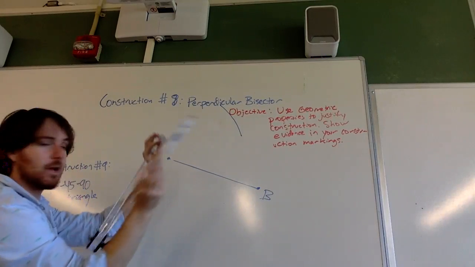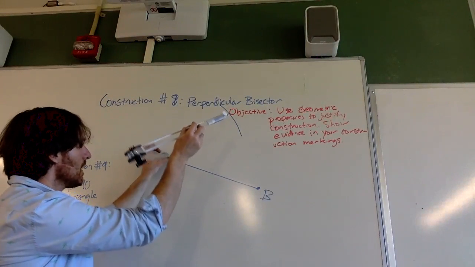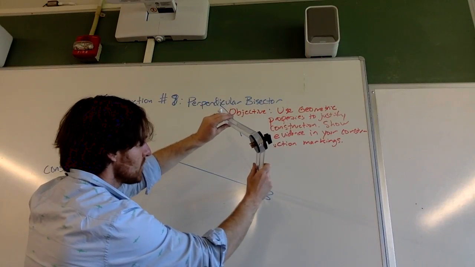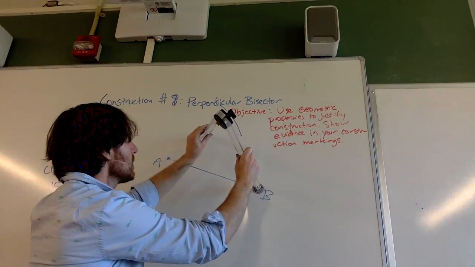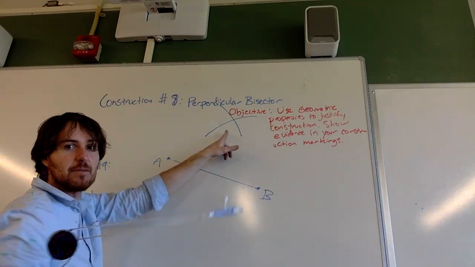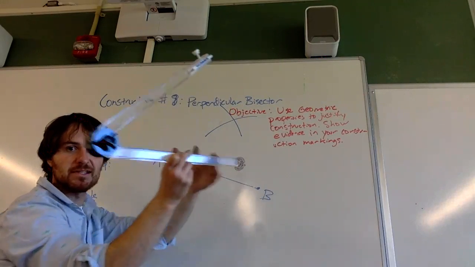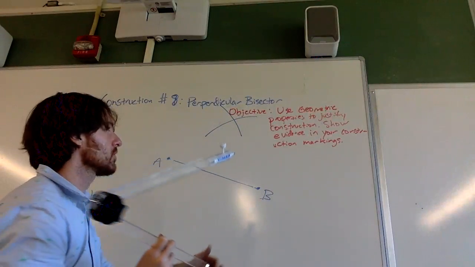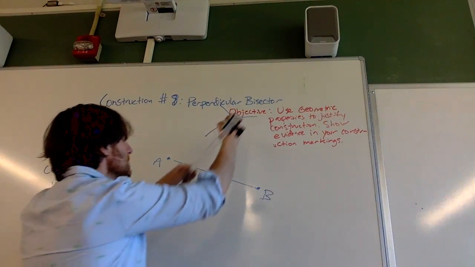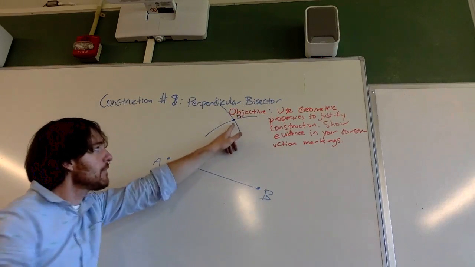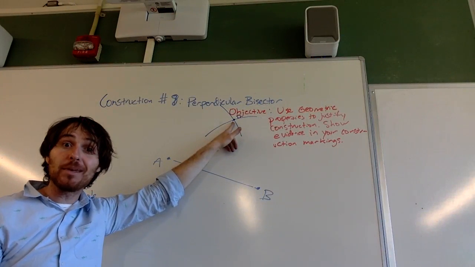So I know that all those points are this radius, this length, away from this endpoint. And I'll do the same thing with the other endpoint: center it on that endpoint and draw an arc that intersects. I know all those points are the same distance, equidistant from point B. This is the center of a circle, and the arcs are just part of the points of that circle. So I know that this point here, I'll mark it D, that point D is on the perpendicular bisector